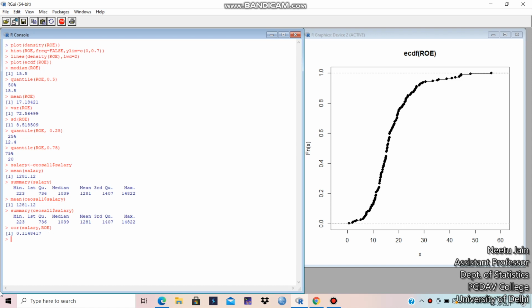Now if the variable names salary and ROE are not present, then you can directly write the correlation between CO cell 1 $ salary, comma, CO cell 1 $ and the variable name inside this data set. The results are the same.